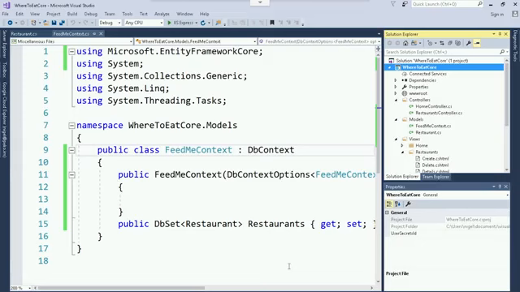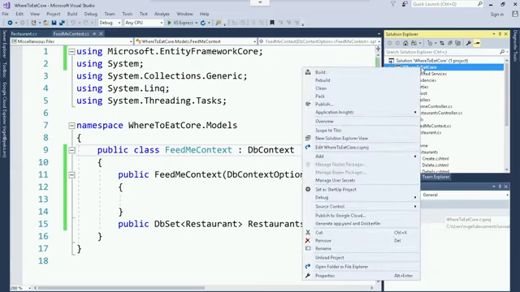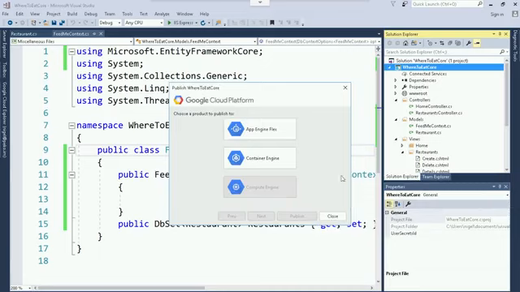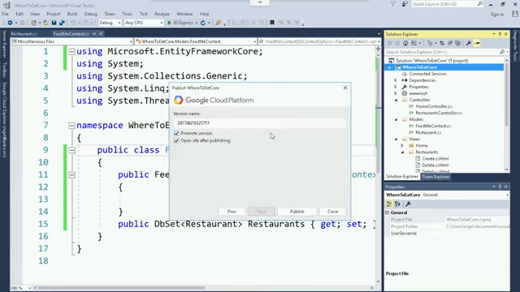Okay, so here I am in Visual Studio 2017. Here's the project that we created in part 2 of this demo. If we right-click on the project and select Publish to Google Cloud, then recall in the second part of this demo, we chose Container Engine as our target. For this third part, we're going to pick App Engine Flex.